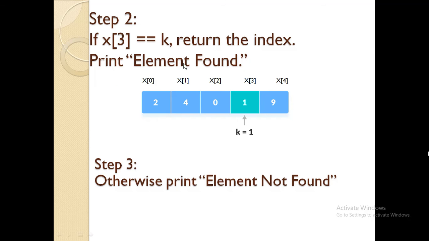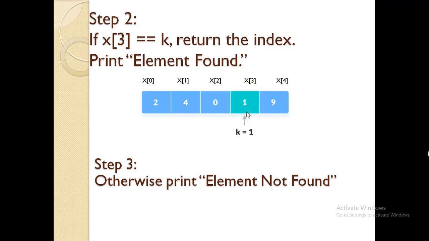Now when I reach the third location, that means the actual fourth value, 1 is stored at this location and I am searching 1. That means 1 is matched with 1. So here I will get a result that my element is found, key is present at the third location. So if the search key is 1, then you will get a result as element found.